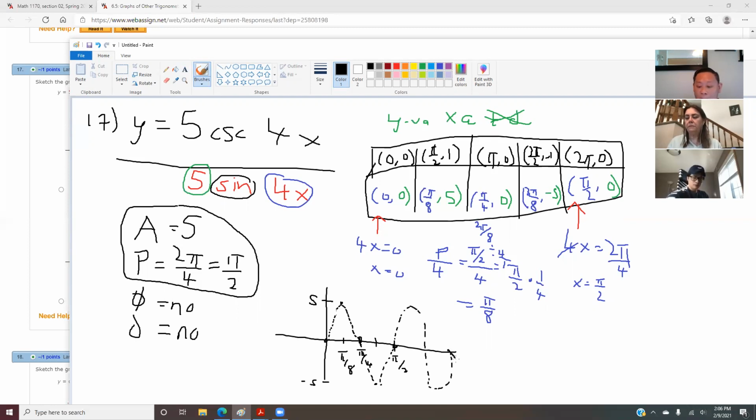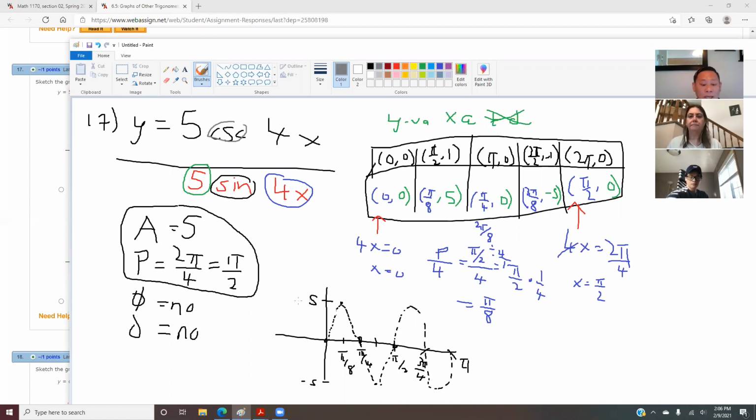This will be at pi, because the whole period here is pi over 2. So half plus half, you get the whole one. And this one will be 3 pi over 4, because every hump, or every hill or valley, is a quarter. So a quarter plus a quarter plus a quarter plus a quarter. So this is the sine wave, but the question here does not ask us for the sine wave, it's asking for